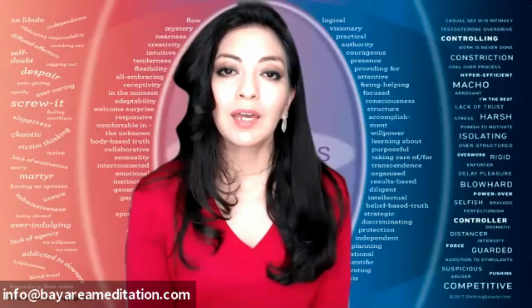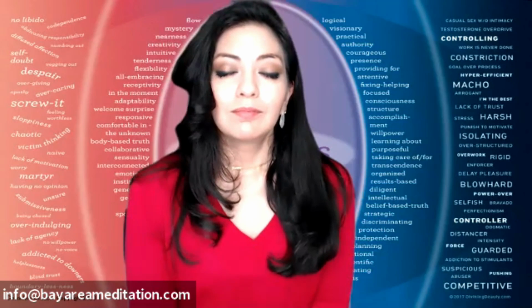As a vessel connection to the whole, to source, allow yourself to connect up into the 12th and 13th chakra and source. As you begin to activate the higher dimensional planes, bringing down this source light over your body and beginning to integrate fully this understanding of safety, in that safety and that protection of our understanding of neutrality, beginning to allow for an environment to withstand the higher vibrational frequencies of these dimensions. Very good. Very good. As you allow that to embody into the physical body, taking a nice deep breath,